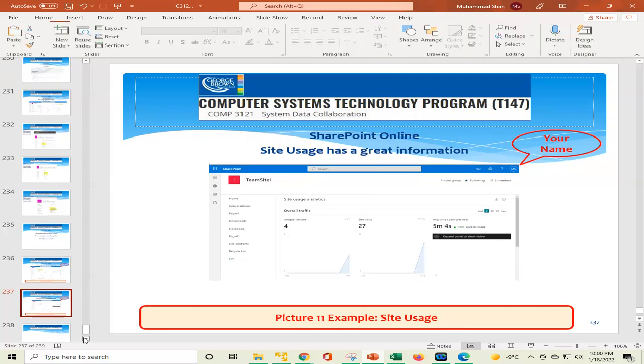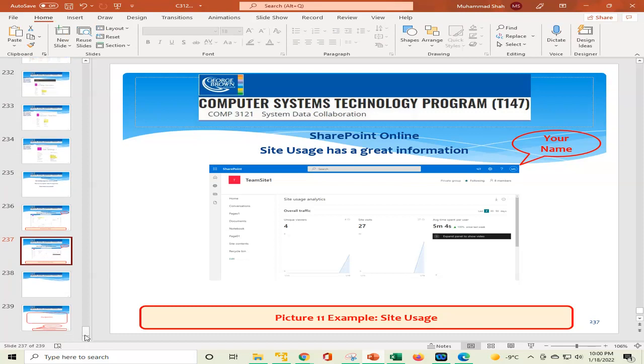That's it. We have 11 pictures for today's assignment. Time is 10 o'clock. Students will be ready to complete the lecture. I'm just saving, and I will upload this file and also the recording files. I'm just stopping recording here, and